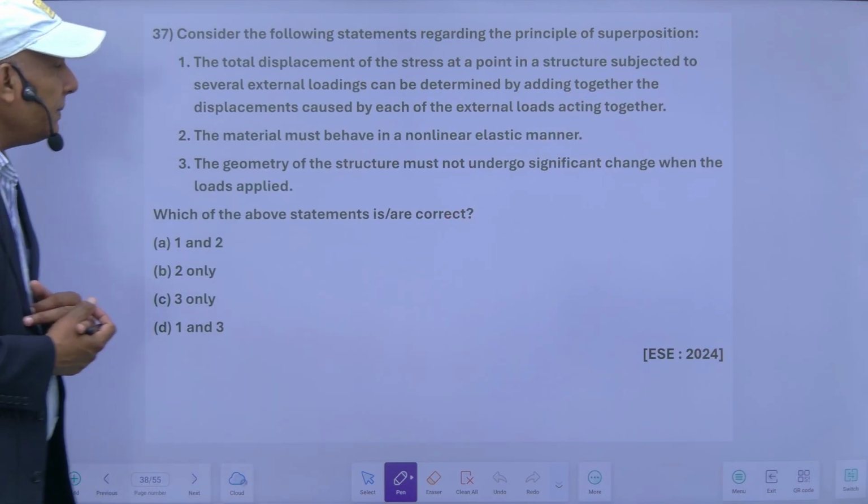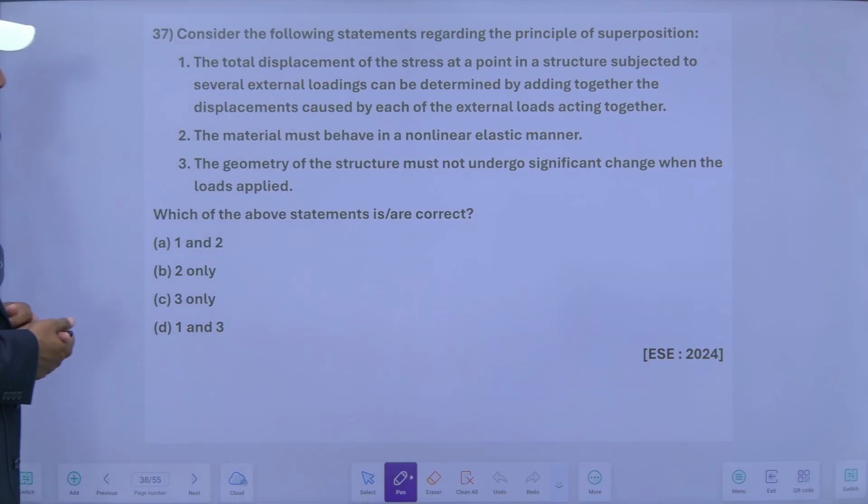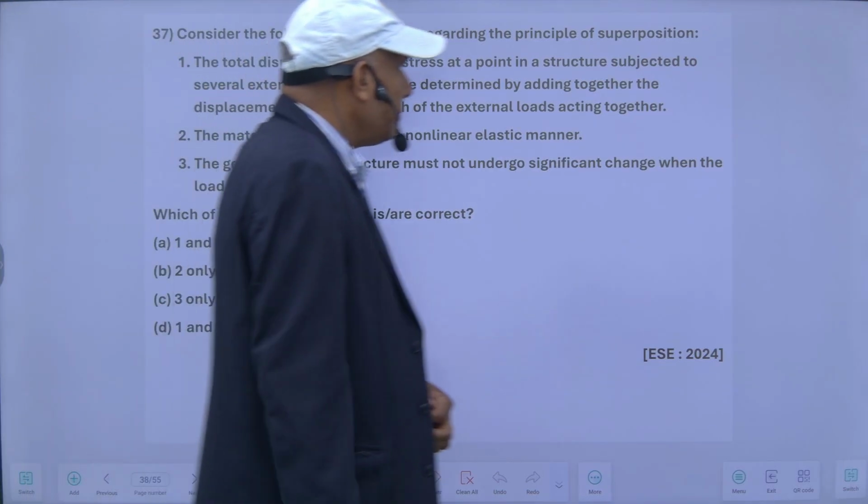Consider the following statement regarding the principle of superposition. The total displacement of the stress at a point in a structure